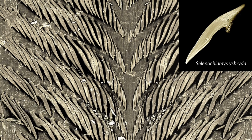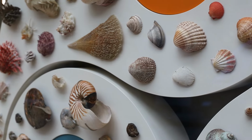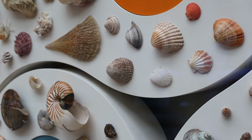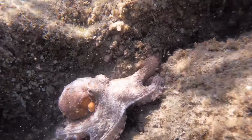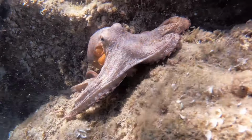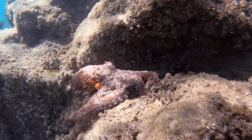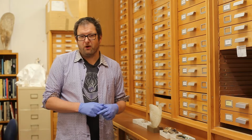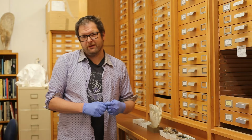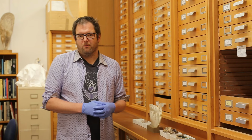Another example is having an external shell. So if we think about snails and mussels, so either a single shell or a double shell. But then obviously there are things like octopus and squid, which will have a reduced or internalized shell. So it's only through coming up with these characters and then looking across groups and then informed from not only the fossil record, but embryological development, what they do as larvae, that we've managed to patch together what a mollusk